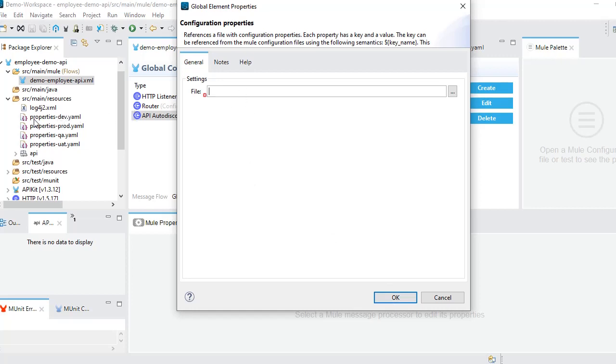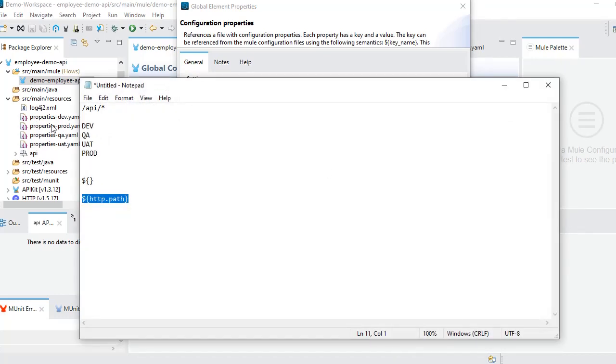And if you can observe, we have different file names like properties-dev, properties-prod, properties-qa, properties-uat. Properties is common for all the files. Only the environment names will change dynamically. So we can give it like properties hyphen, till here everything is the same. We can send this environment value by using another property like we did earlier. So I would like to provide another property like env